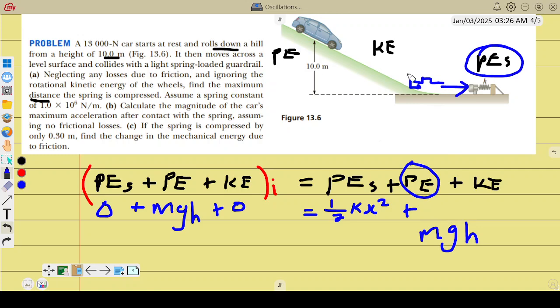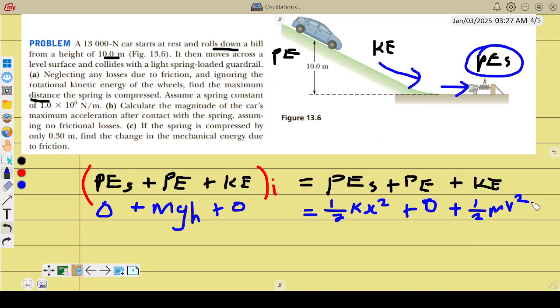So down here, there is no gravitational potential energy, so under gravitational potential we put 0 plus, now this is why we have kinetic, because the car was moving, it was rapid. So what is kinetic energy? It's half